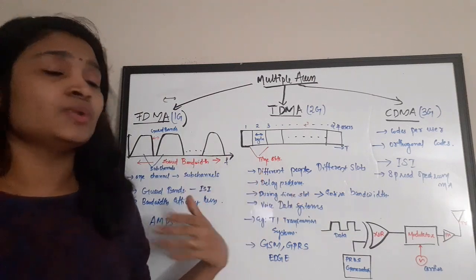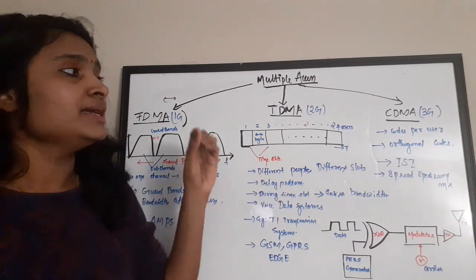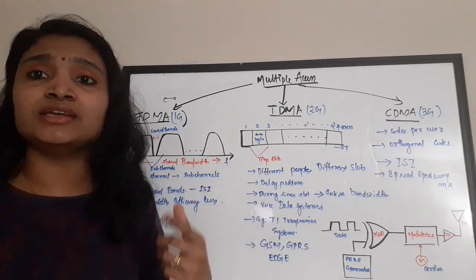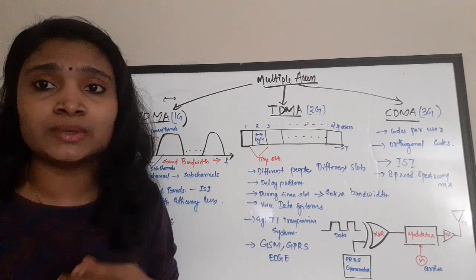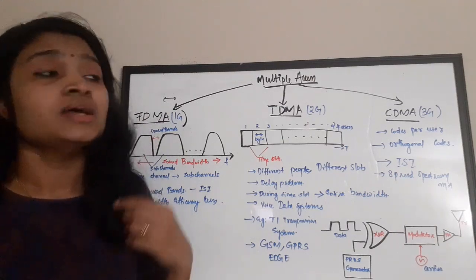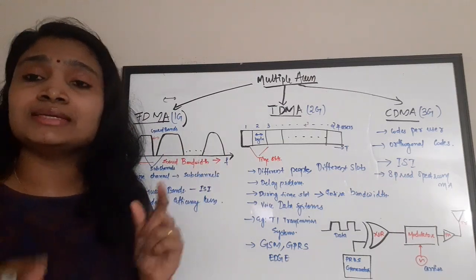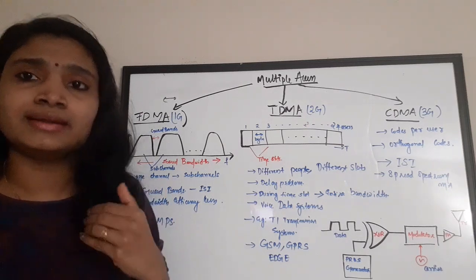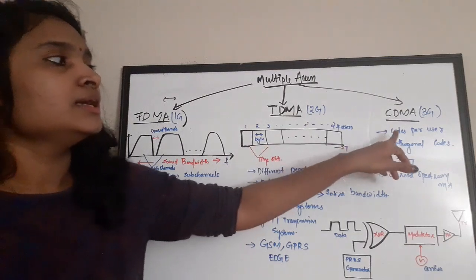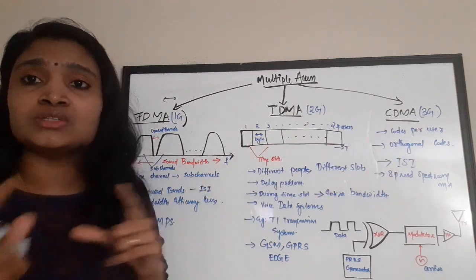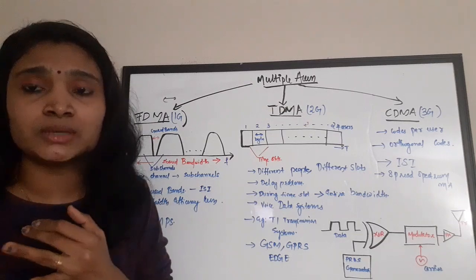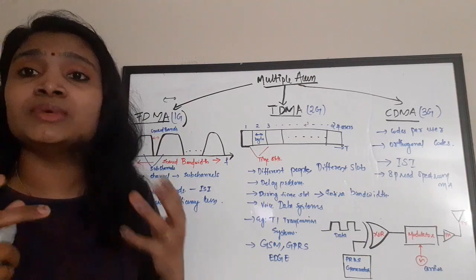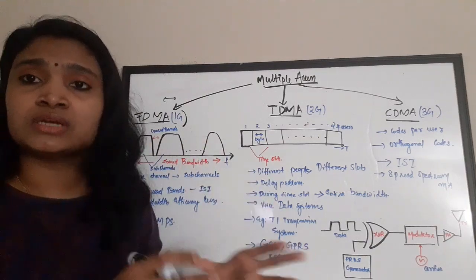Next, moving on to the 3G technique, that is in 3rd generation devices, the next concept was used, which is called CDMA. CDMA means code division multiple access. So here the users are distinguished not based on frequency and not based on time. It is based on the code. That is, each user has a separate code. Now what is this code? Let's see in detail. Just know that each user has a separate code. So there is no sharing of time, there is no sharing of frequency, because each user has an individual code, which helps in distinguishing that user from the other users.